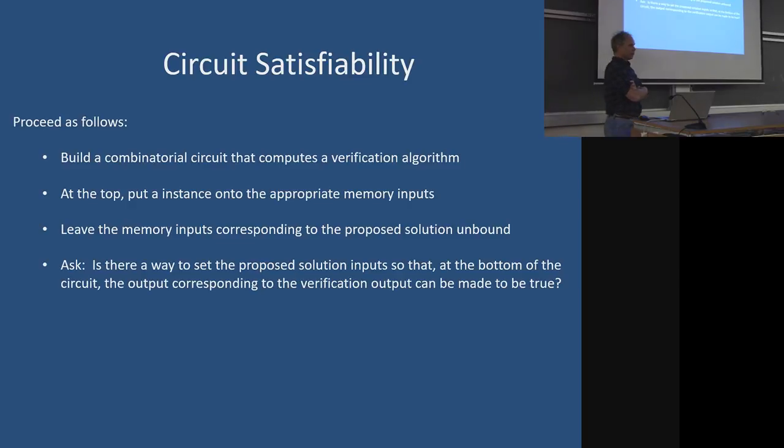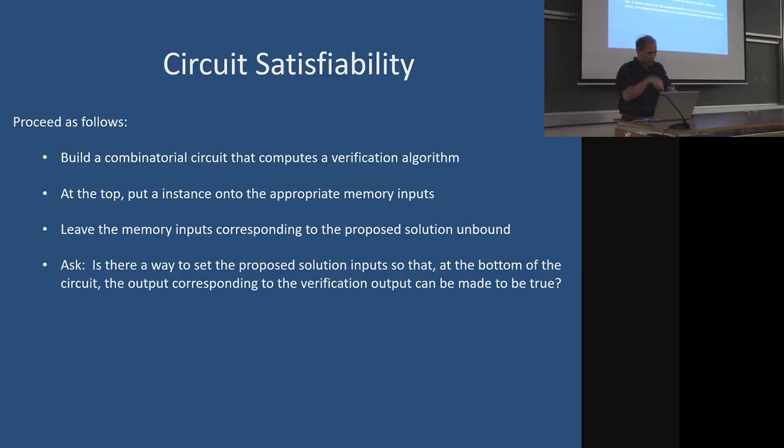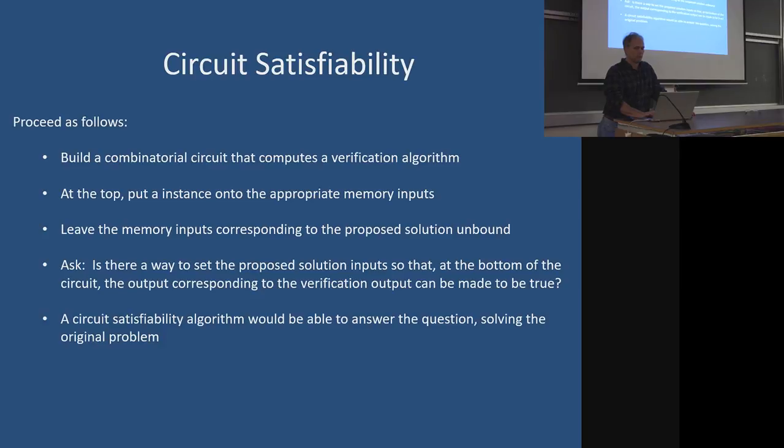Okay? So now we have a combinatorial circuit with input at the top corresponding to the problem instance and an output at the bottom corresponding to the result of the algorithm. And the circuit satisfiability problem is just, given a circuit, is there a way to set the inputs so that a true will come out the bottom? Okay? So if we had an implementation of the circuit satisfiability problem, we would just feed it this circuit diagram and ask, is there a way to make true come out the bottom? And that corresponds to finding a solution to the problem instance, similarly to how we're doing with satisfiability. Now,